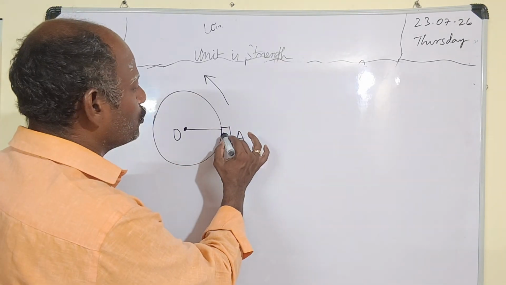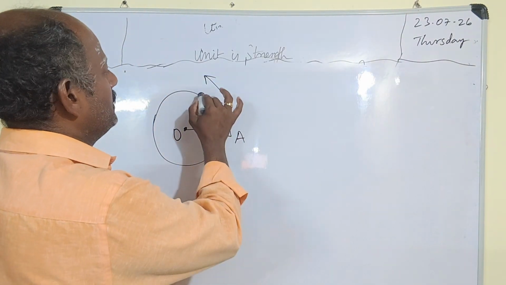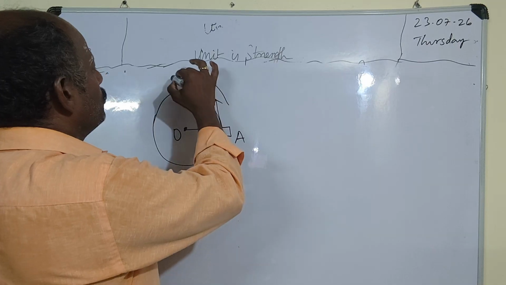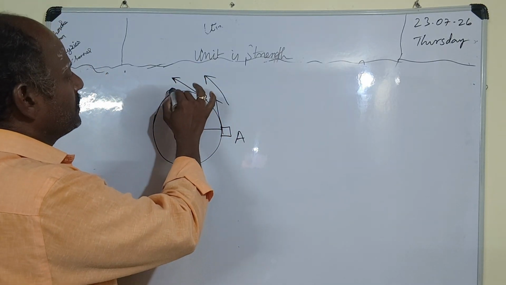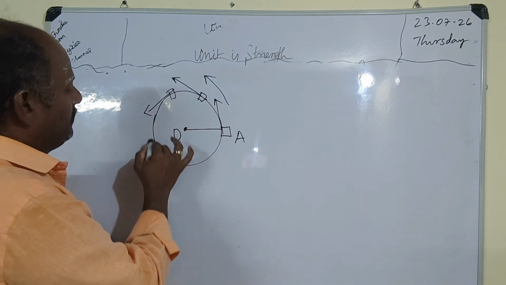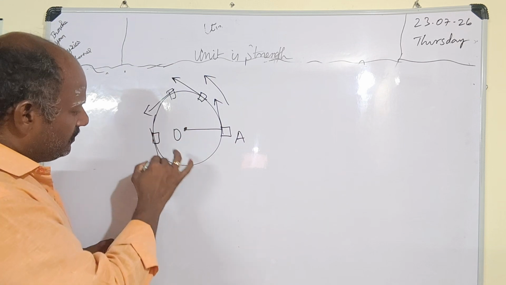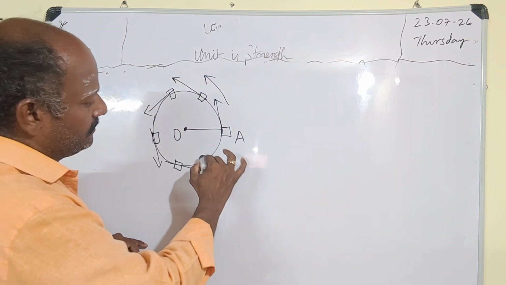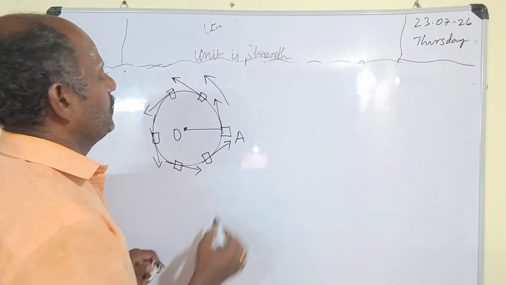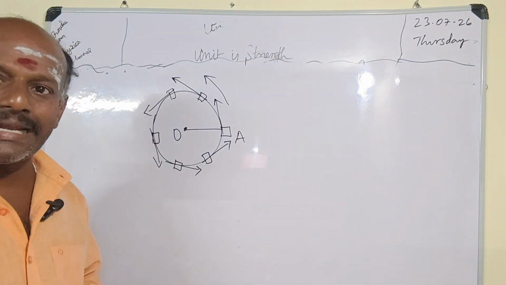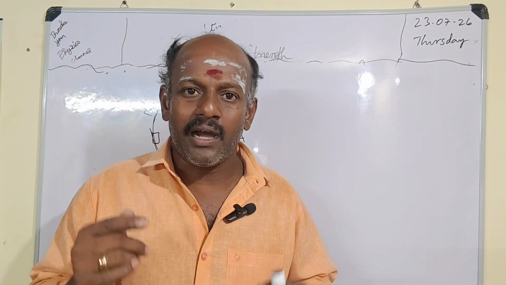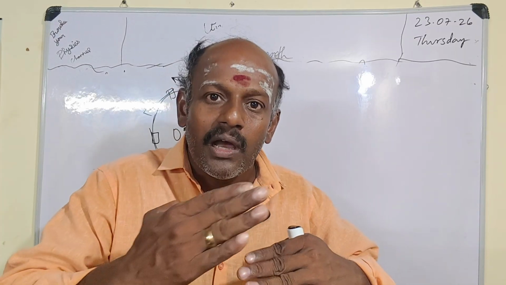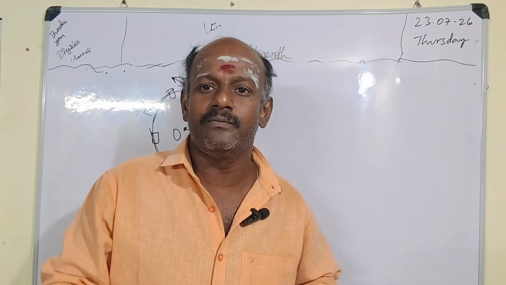It is trying to move this side. At this point, it is trying to move this side. Here, this side. So if you notice one thing, at every point the object is trying to move along the tangential line, but